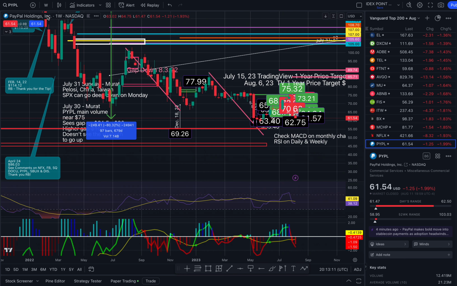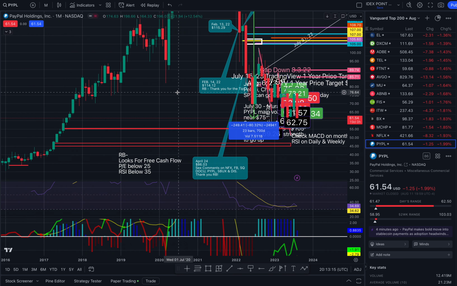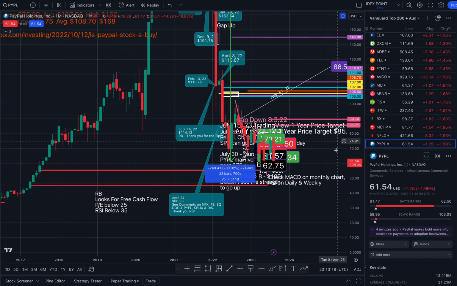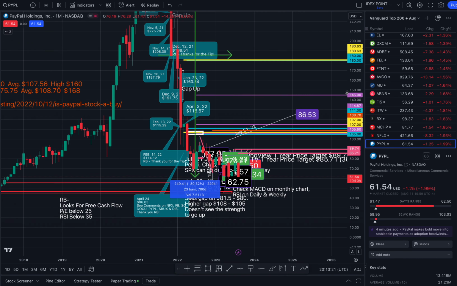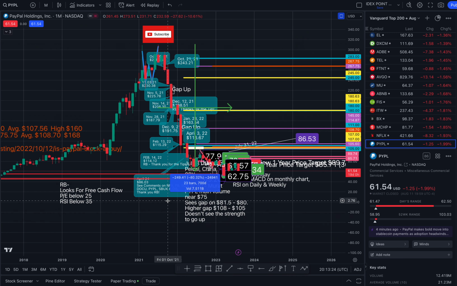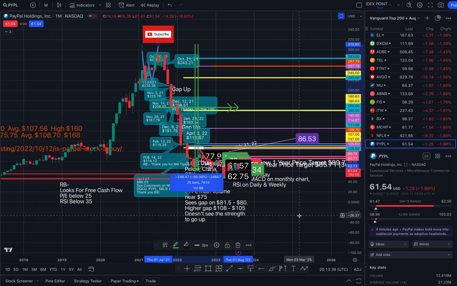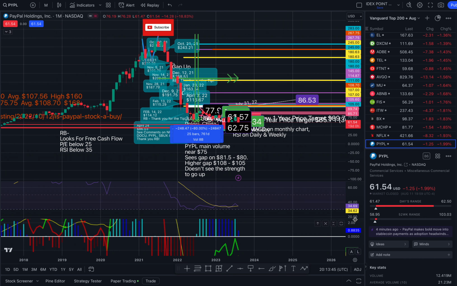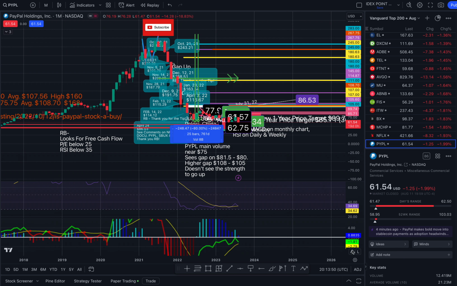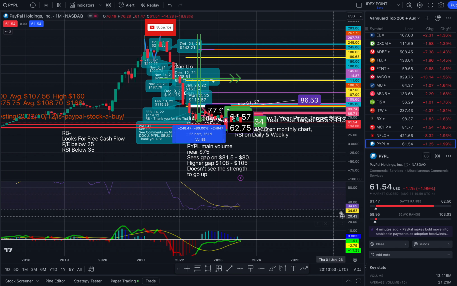Let me show you this now on the monthly time frame. The stock has fallen from grace. From that point to here, we are down 80%. That is crazy. 80%. And let me show you the RSI. At 34, we are nearing a key level. And the MACD has still not crossed over to the upside.